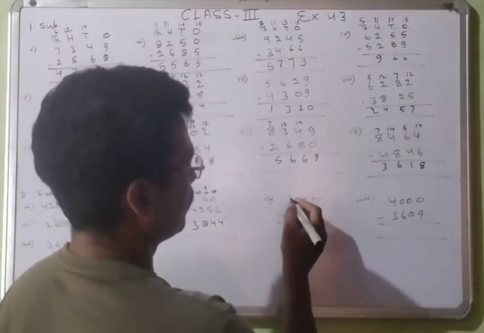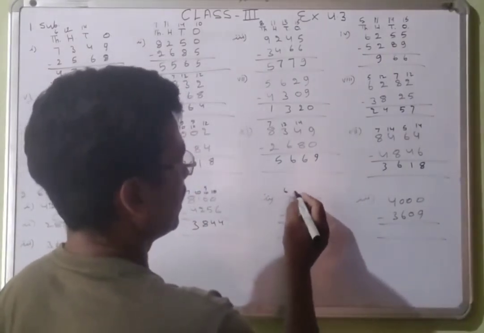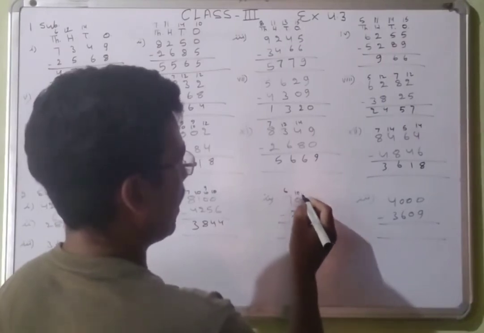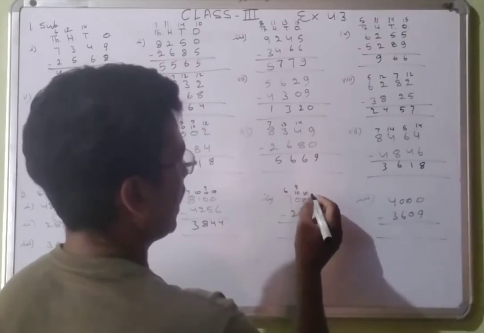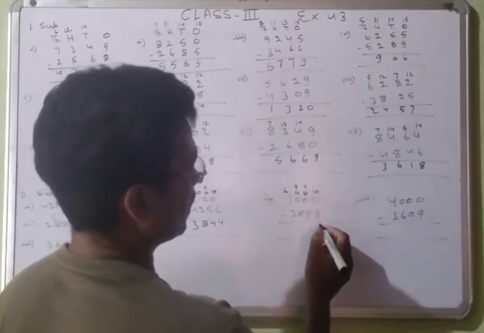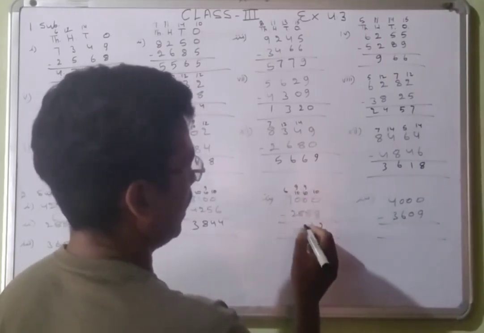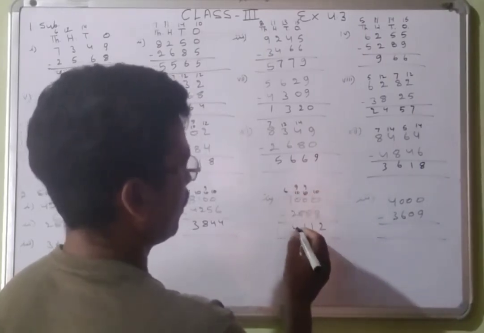Here also, this is a 7. So by carry, this is a 6, this is 10. Again by carry, this is 9, this is 10. Again by carry, this is 9, this is 10. 10 less 8, 2, 9 less 8, 1, 9 less 8, 1, 6 less 2, 4.